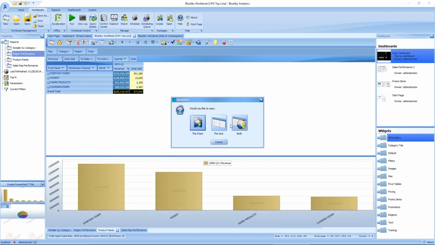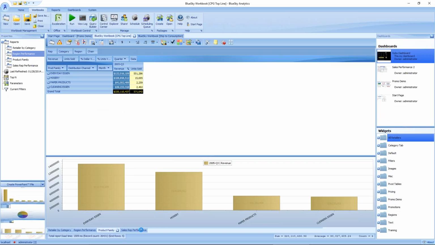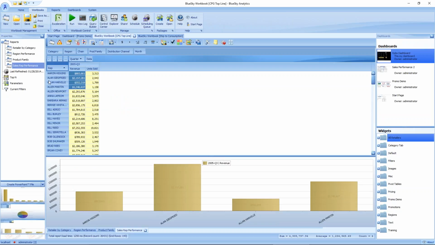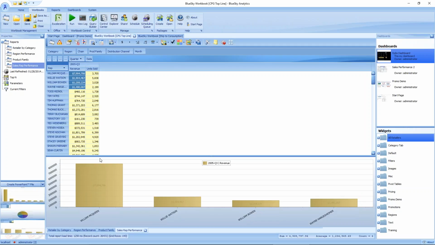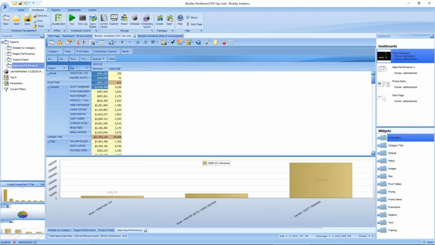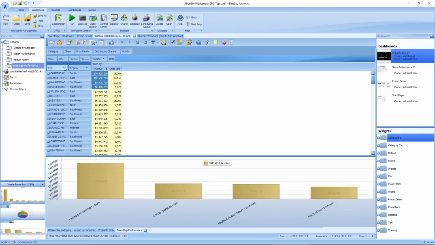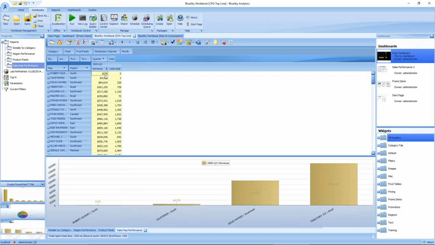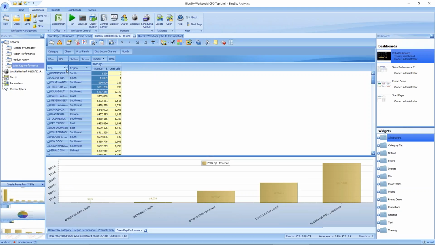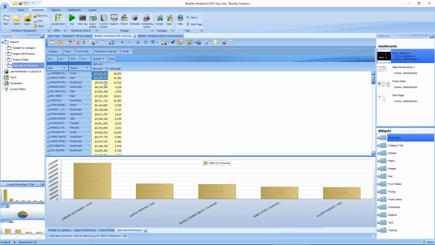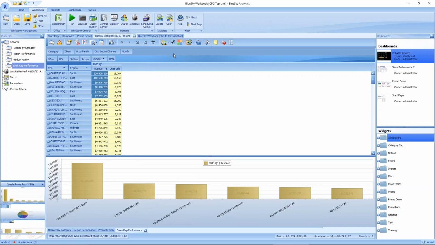And you can see that there's exception highlighting as well. I've got a sales performance report where I've integrated my sales reps along with my regional information. So if I want to look at my regions by sales rep or sales reps by region and look at their performance, again, I can sort this by anything I like. There's my highest to lowest. Here's my lowest to highest, the guys that are going to be losing their job. And these are the guys that are going to President's Club. So it's easy for me to do that.